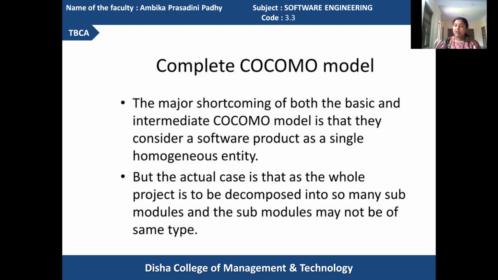The database part could be a semi-detached category of software because the database contains the internal data to be received, the data to be managed very well inside it, and it also allows the communication between the user and the system to receive the data from the user and provide the data to the user as per his requirement. So it is dealing with the outside world and the inside world of the system. So in that regard, you can categorize the database part as a semi-detached type of software and accordingly calculate the estimations. Got it?